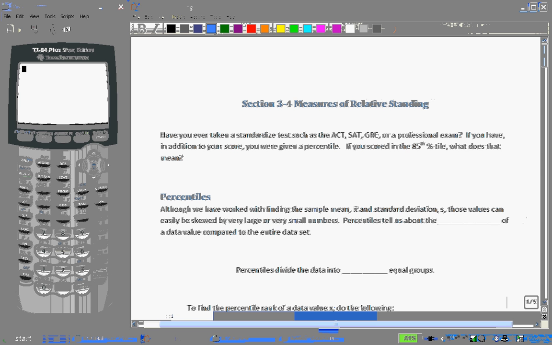So let's locate 7.5, which is right there, and I need to count how many values are